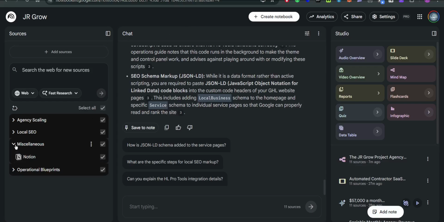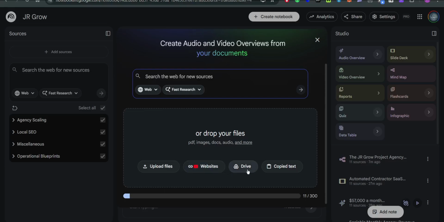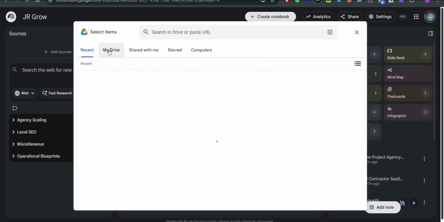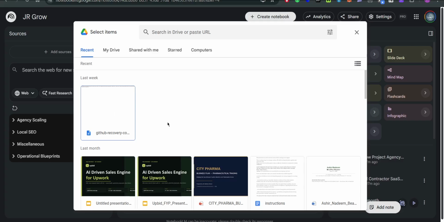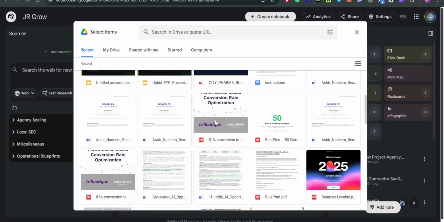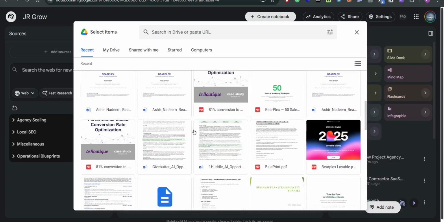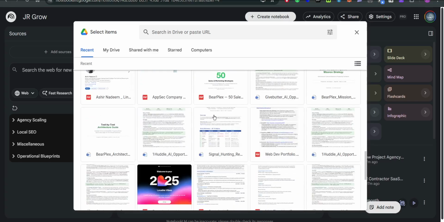Just go to your NotebookLM like I have, and log in with your account, and redirect yourself to the notebook you want to work on. Just click on add resources, and over here you will see a drive option. Once you click on the drive option, it will redirect you to the drive in a mini menu, and you can link any or as many documents as you want with the specific notebook,